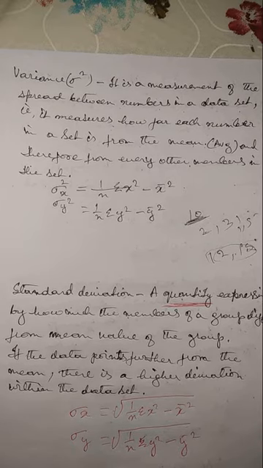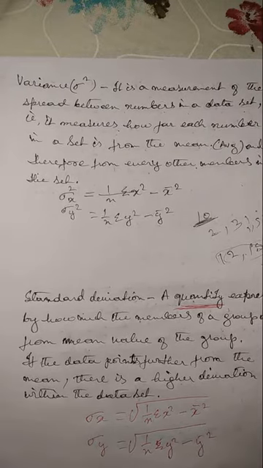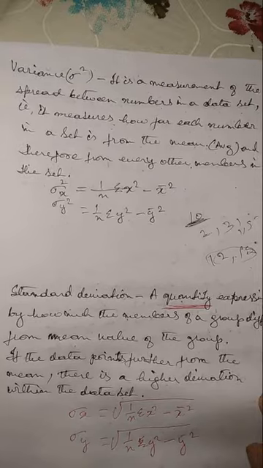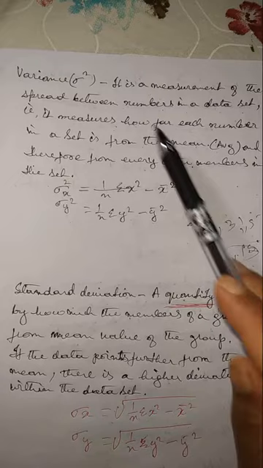Today's topic we are going to discuss is the calculation of the correlation coefficient. But before we start that, let us look at some of the terms which we need to use in the calculation of the correlation coefficient. Okay, so the first term is variance.